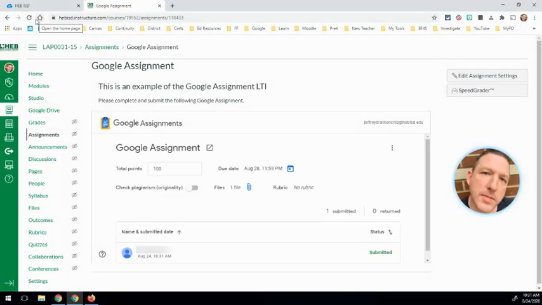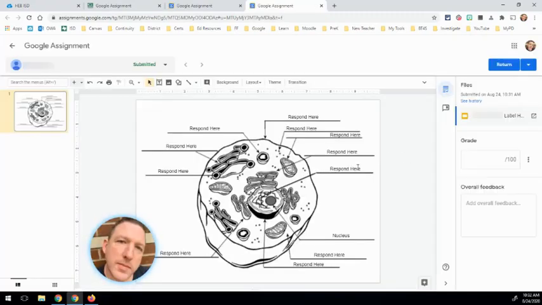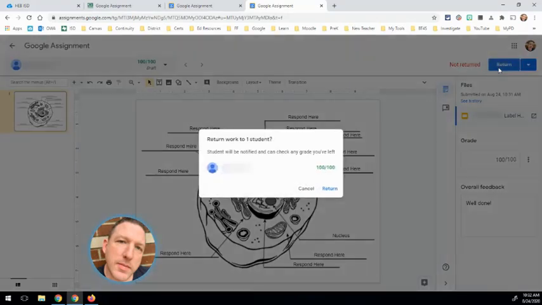Back on the teacher side, you'll see that it shows me the student who has submitted the assignment. I can click on that assignment. From this screen, you'll see the assignment comes up. I can look at my students' responses. I can provide a grade for that student, and I can even give the student feedback. So you can see this is a lot like what you did in the spring for Google Classroom. It works in a very, very similar fashion. Once I return this assignment to my student,